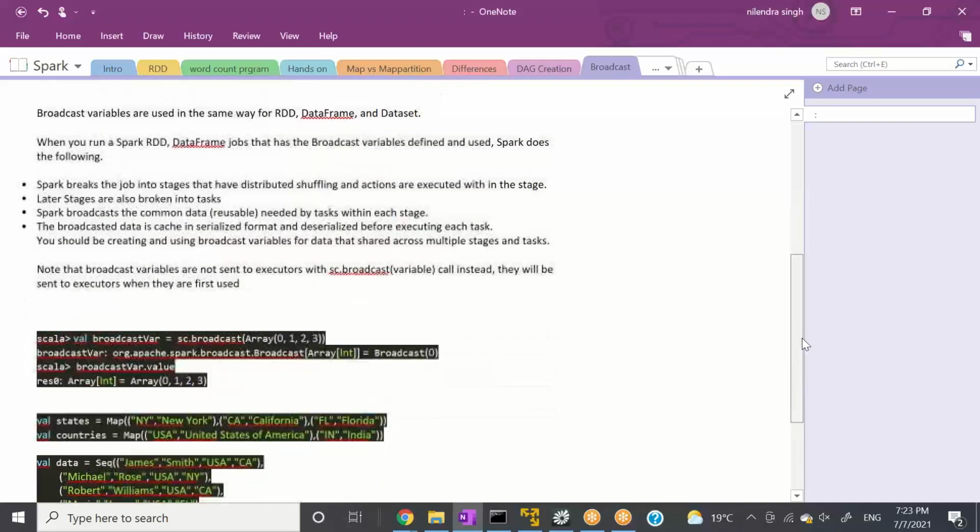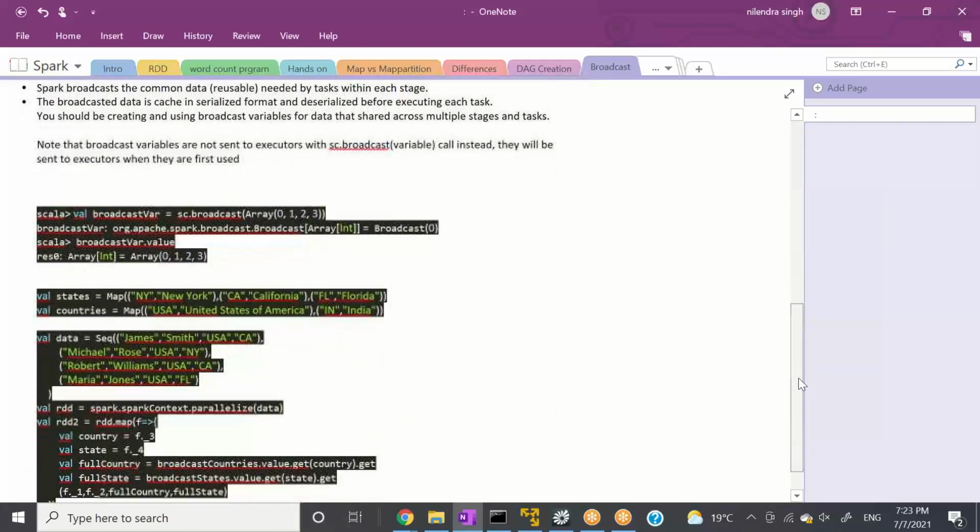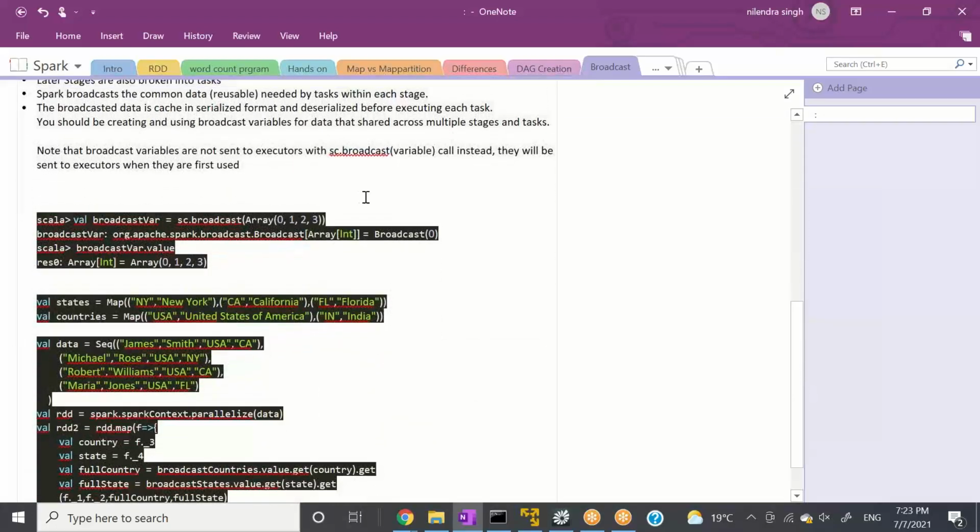I don't want to go into detail, but let's go into the practical things. Let's say, and I won't be executing it, it's very simple, I will share these notes with you and you can execute. I created an array of elements 1, 2, 3 and I have broadcast it.